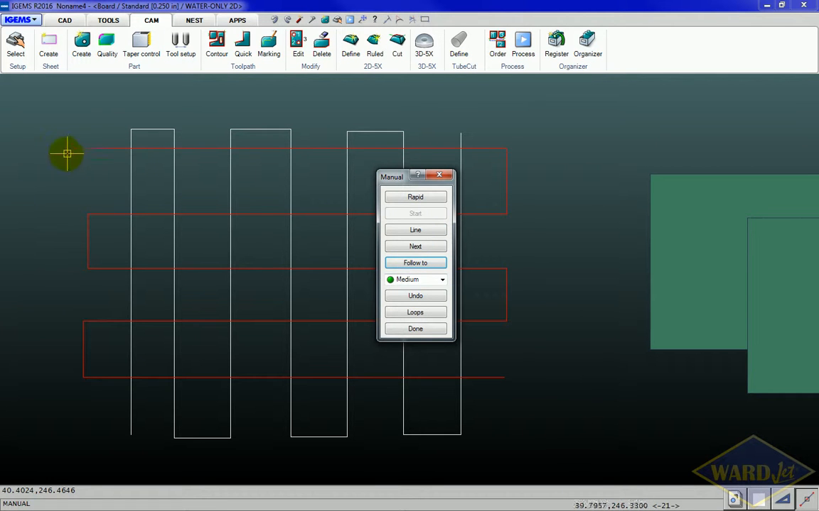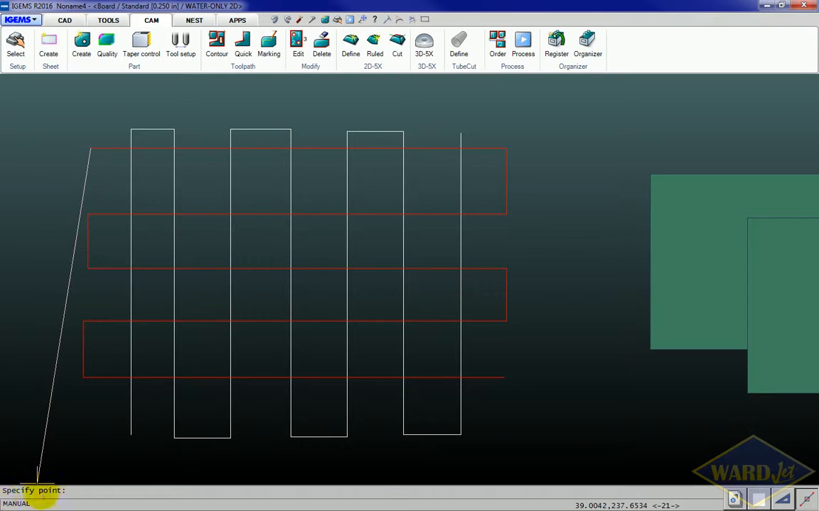And then we're at the end of that cut, so now we want to do a rapid, because right now we're here and we want to get over to here, so click on the rapid button, and it says specify point, so I want to rapid over to this point here. So we've got the blue line representing our rapid, and again, it's asking to specify point, but we're done rapiding,